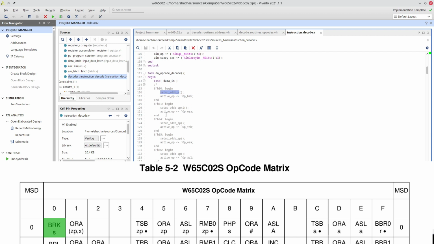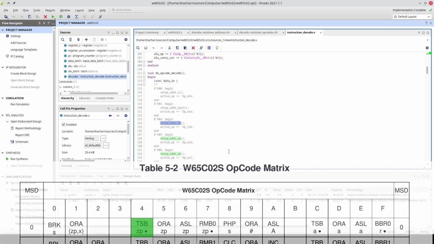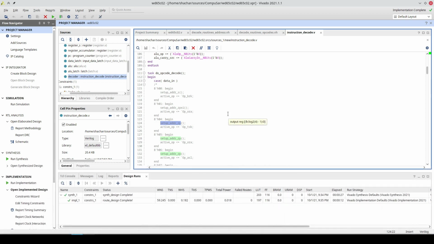If it is 1, then the instruction is OR accumulator and the addressing mode is zero page plus X indirect. If the instruction is 4, because 2 and 3 are undefined, then the instruction is test and the addressing mode is zero page, and so on. Of course, these aren't implemented yet.